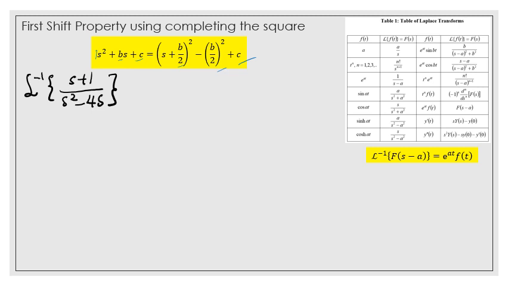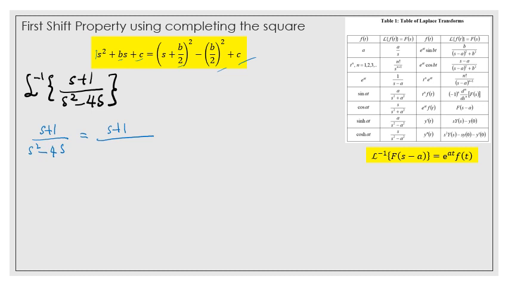Here we have (s plus 1) over (s square minus 4s). Let's try to simplify the equation first into s minus a. Our target is to get the form of s minus a. So first, we have to simplify the denominator here, because we have s squared minus 4s. We solve by using completing the square. So we have s plus 1 over